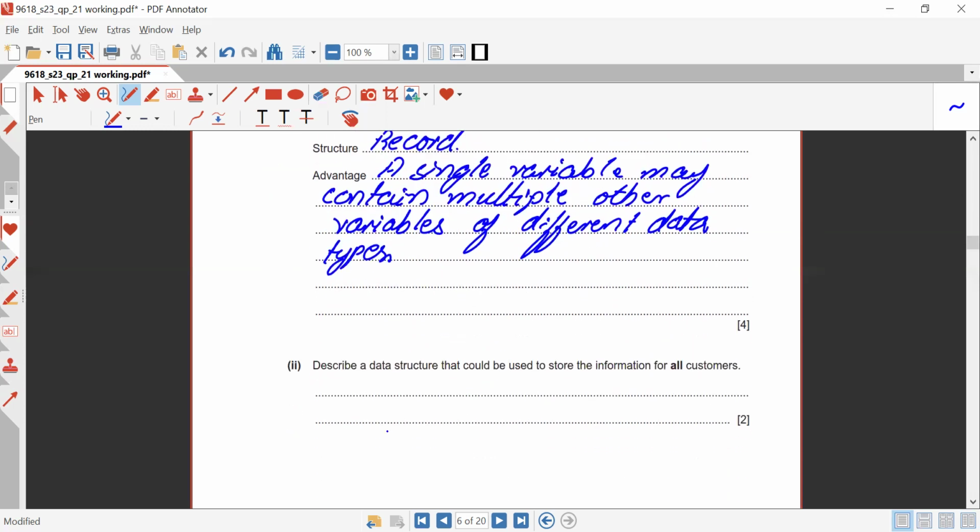Okay, now they are saying describe a data structure that could be used to store the information for all customers. Okay, now they are saying for all the customers, you need to tell about the data structure that could be used to store the information of all customers. So obviously, it could be an array of records. So you can write it down